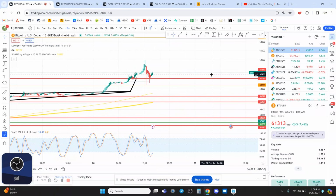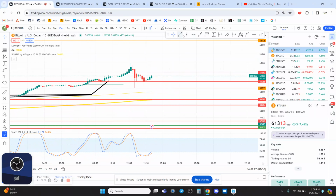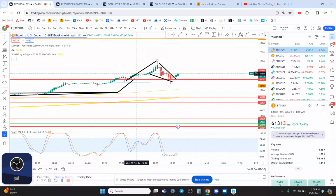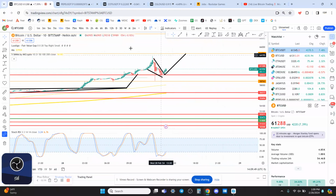Bitcoin is up like $10,000 in 3 days. And really, if you just look at it on the 10-minute chart, let's just go to the 10-minute. It's not the prettiest falling wedge, but to me, that's still a falling wedge pattern. You got a nice bounce. You're making a higher low. And to me, this thing is probably going to boom back to the upside. The 10-minute chart says that you could see a high up to 64,566, and Bookmap is saying 65K, so anywhere between 64,500 and 65K is probably where we're going to head later today, and maybe even really soon,